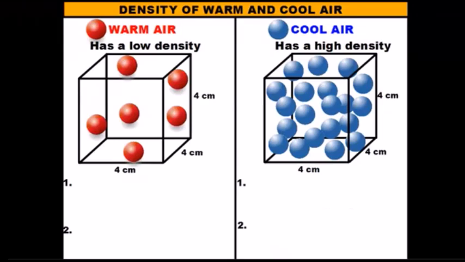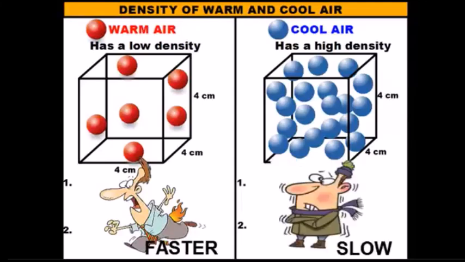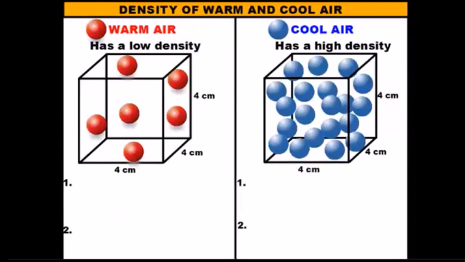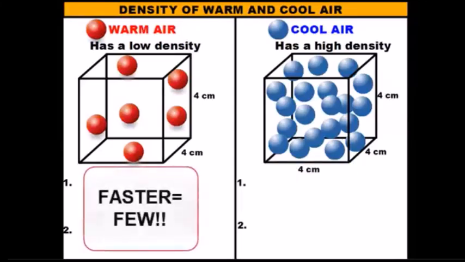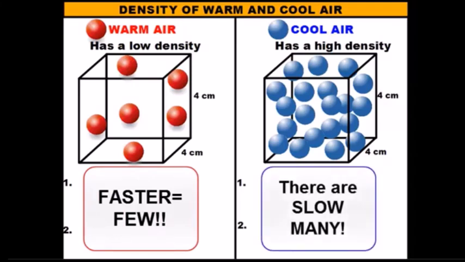Alright, so as we're looking at our cubes of air here, you'll notice again that the warm air has much fewer molecules in it than cool air does. And the reason why has to do with the speed of the molecules. Warm air molecules move faster than cool air molecules. So since warm air is moving faster, there are going to be fewer of them in a given space, as opposed to cool air where they're moving much more slowly, so you can pack more of them in a given